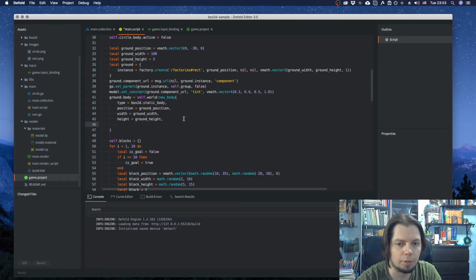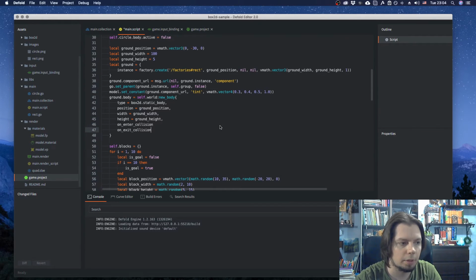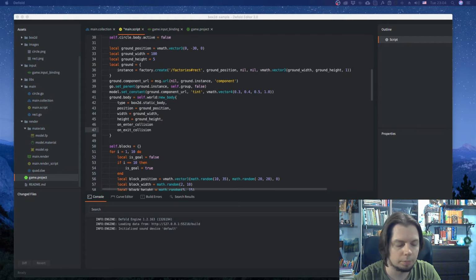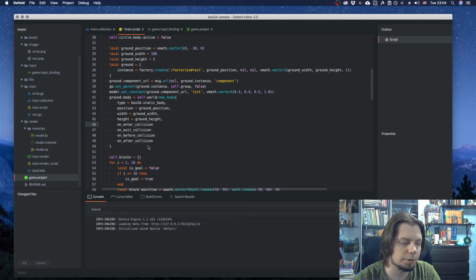There are several collision type events, and they all can be set in the new body section. And the list is on enter collision, on exit collision, on before collision, and on after collision. So these are the 4 functions that tell you when the collision happened, when the collision ended, and the moment